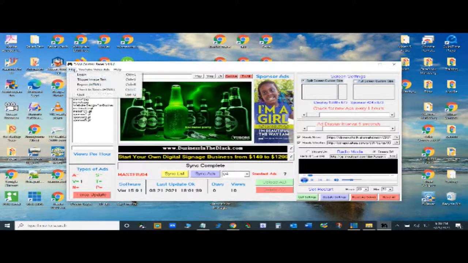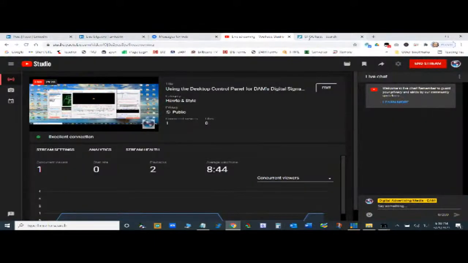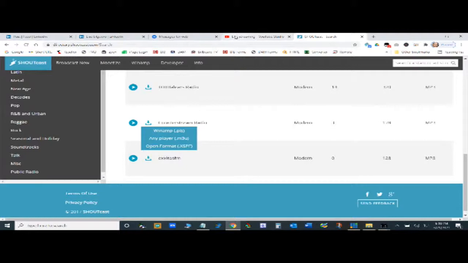If you go up here to File, under YouTube Video Ads, a window pops up. Okay. This will allow you, I'm trying to help you create a file name that uses the internal programming for your static ad that actually pulls a video. So let's first go get a YouTube video again. I have one over here somewhere. We go to YouTube again,